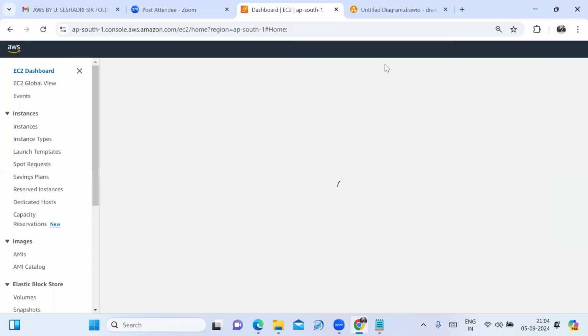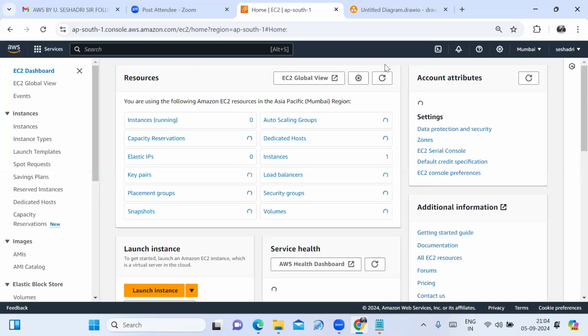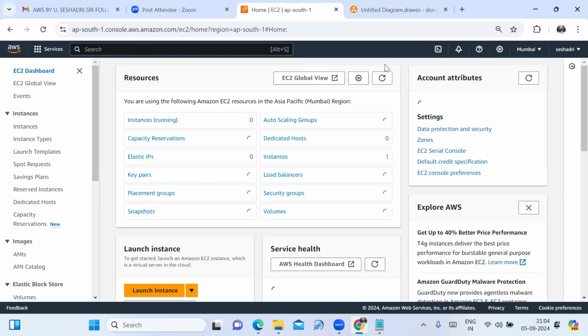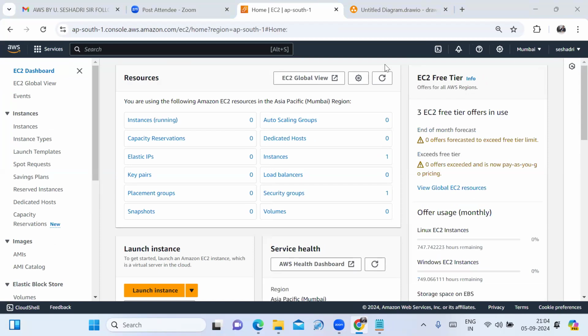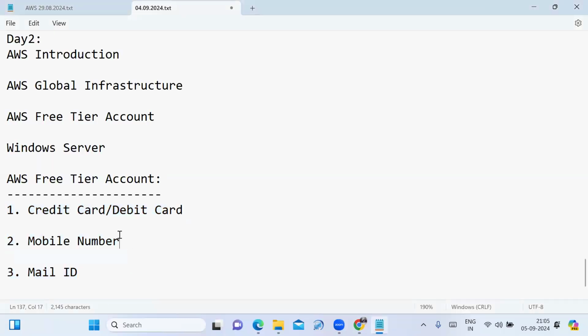Before I start how to launch and connect the Windows server, if anyone has any questions. Yes, Sartaj, credit card is accepted. I already told you, while creating your AWS account, credit card or debit card.